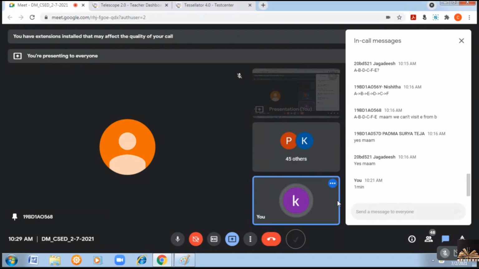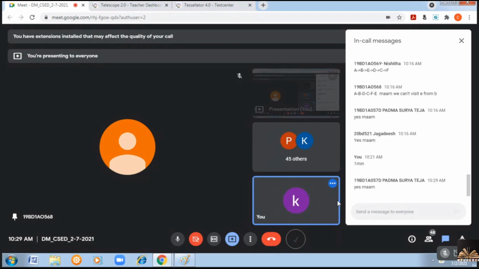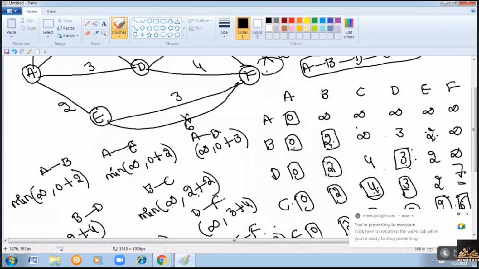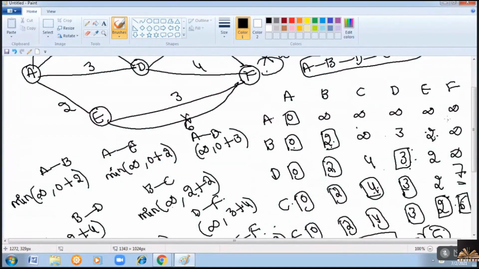I didn't observe that we don't have an edge from B to E. So when at any row, if you are getting more than one vertex with the minimum value, then both the paths you have to consider, or mark E as permanent, and similarly mark B as permanent. What is the path you are getting? If you mark B as permanent, find the shortest path distance. If you mark E as permanent, what is the path you are getting? That is the shortest path you are getting. You just compare both.